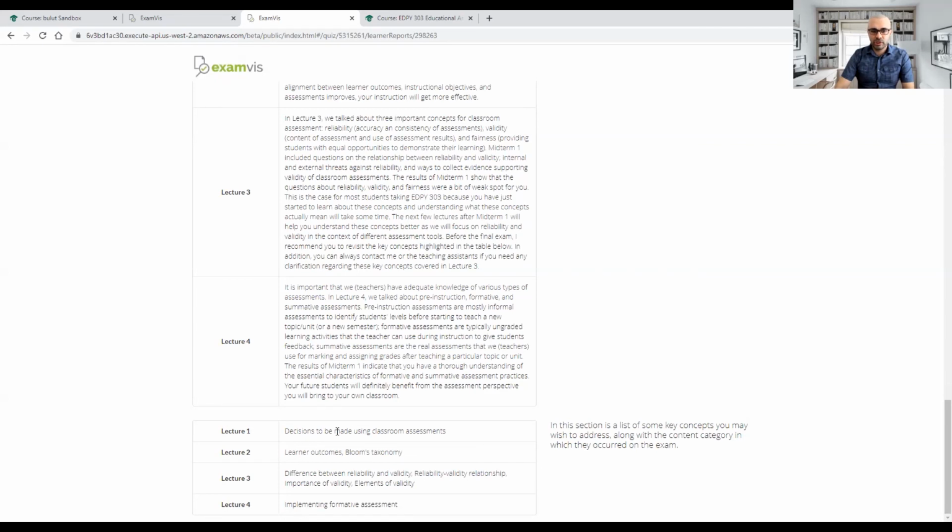These are the individual questions that students answered incorrectly. In that case, this particular student, for example, answered at least one question incorrectly about learner outcomes. So I'm telling the student to go back to lecture 2 and review learner outcomes again, because she or he just missed one question about this particular key concept. So you can make your key concepts even more detailed or less detailed. It's totally up to you.